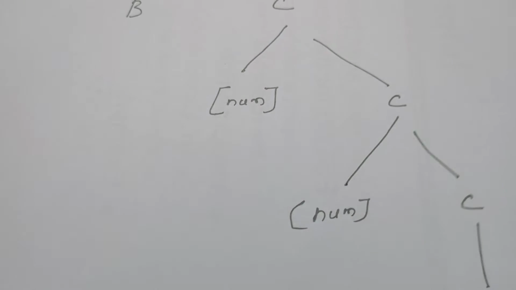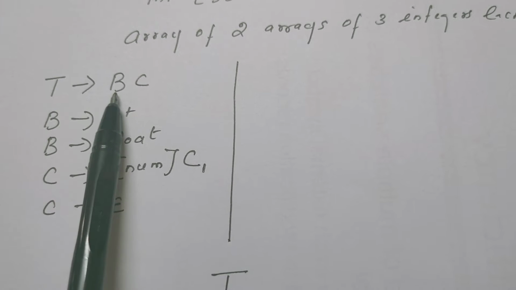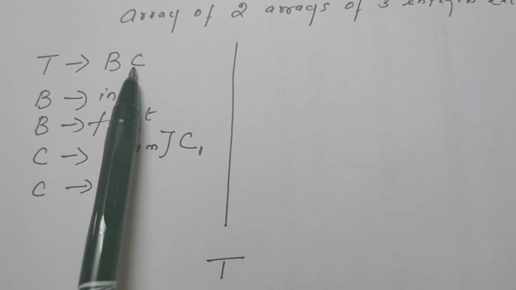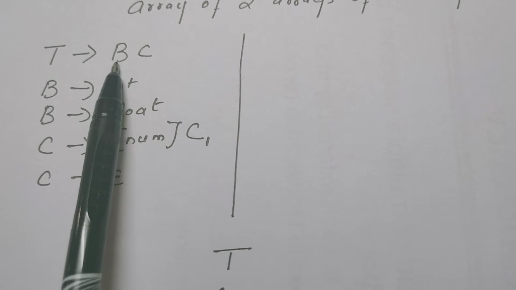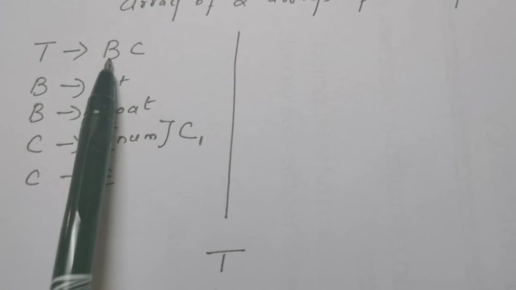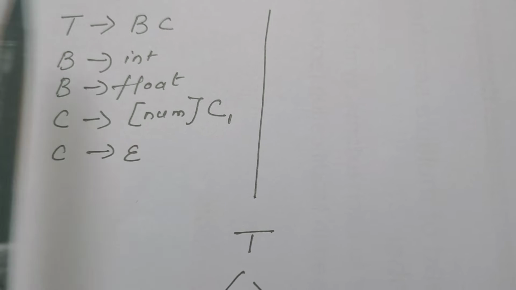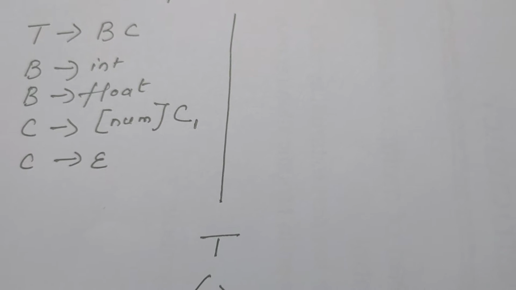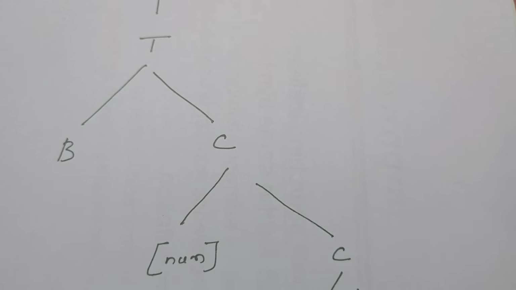Okay, now let's get back to the grammar once again. T is a start symbol, it defines BC. B is a basic data type. The C defines the array structure. Suppose the C is directly replaced by epsilon, it supports only the basic data type like integer, float, that's it. If C is not replaced by epsilon, then it becomes an array. Okay, now let us see how the attributes can be defined on the parse tree and how the data flows inside it. That is what we are going to understand now.